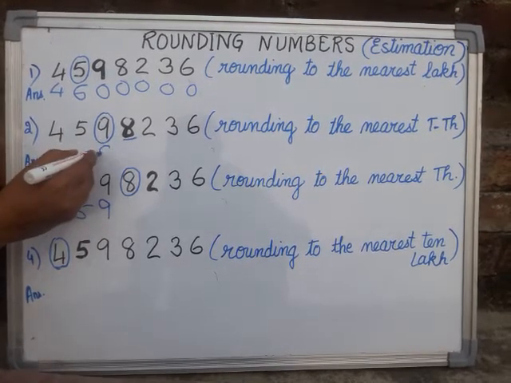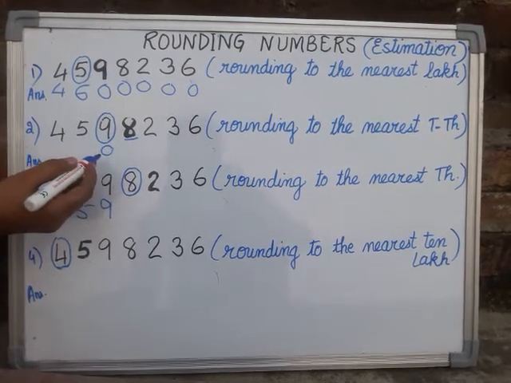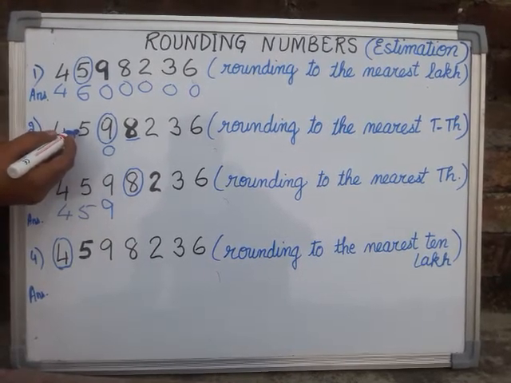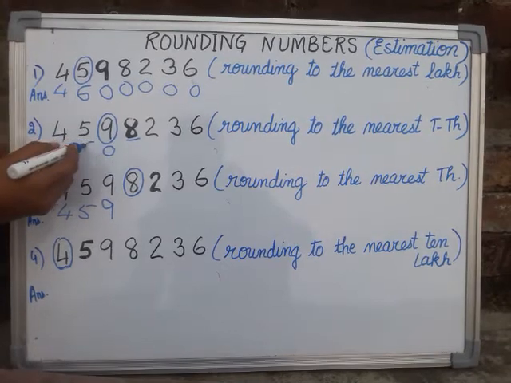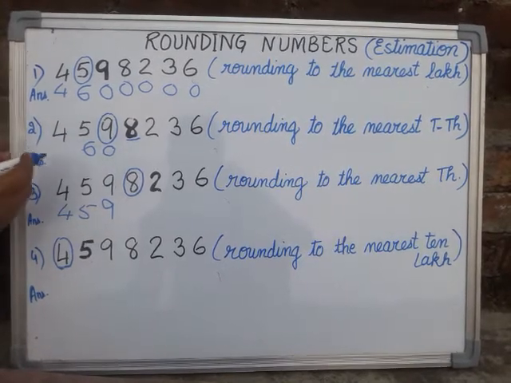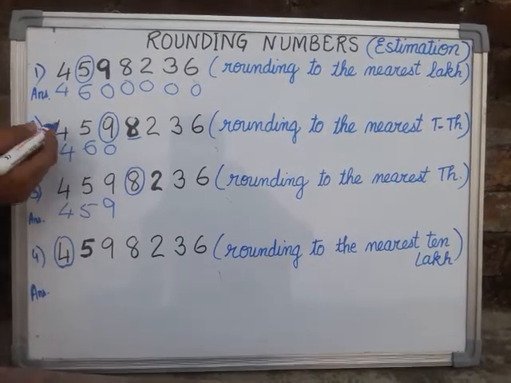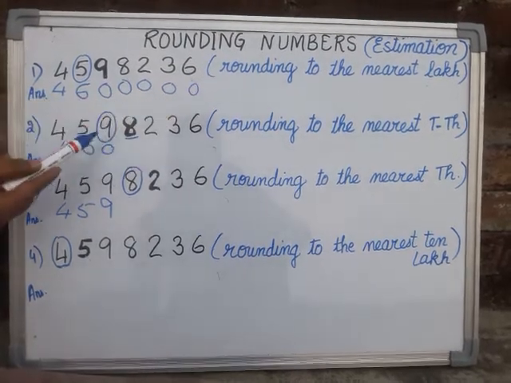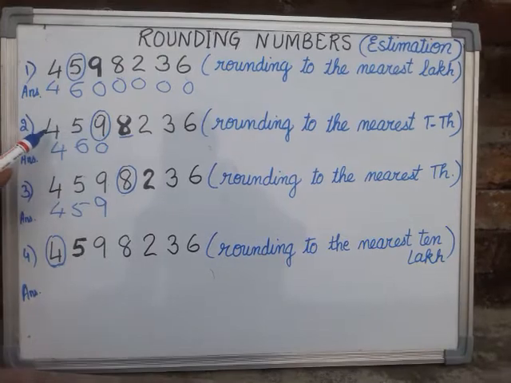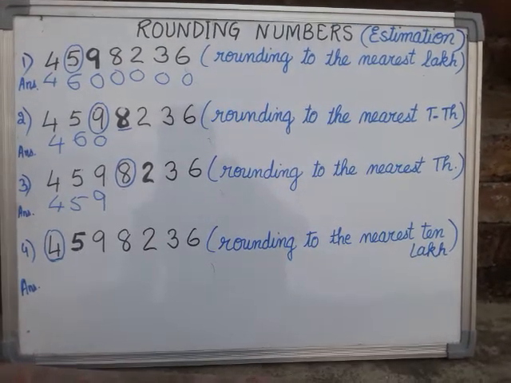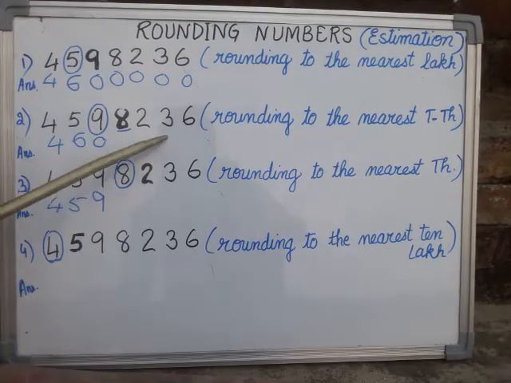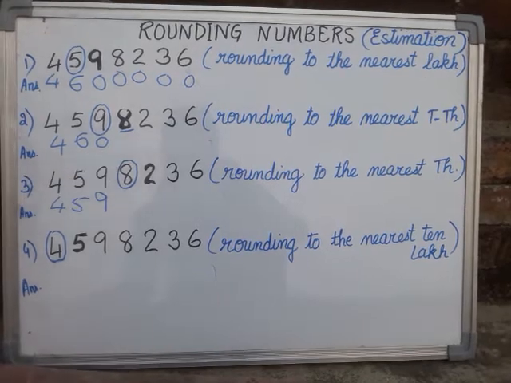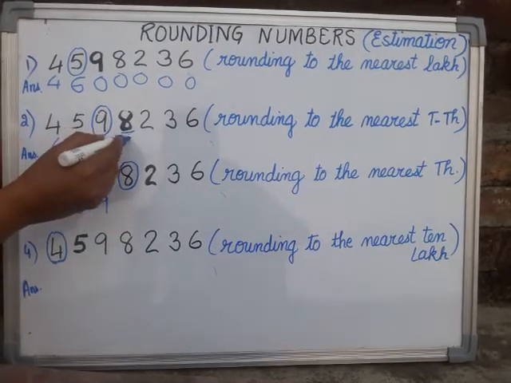10, children, we cannot keep. So this will give 1 to digit 5 and this becomes 6. We don't have to touch the rest because the required place is 10,000. So, the rest of the digits will remain the same. Now, other digits will become zeros.